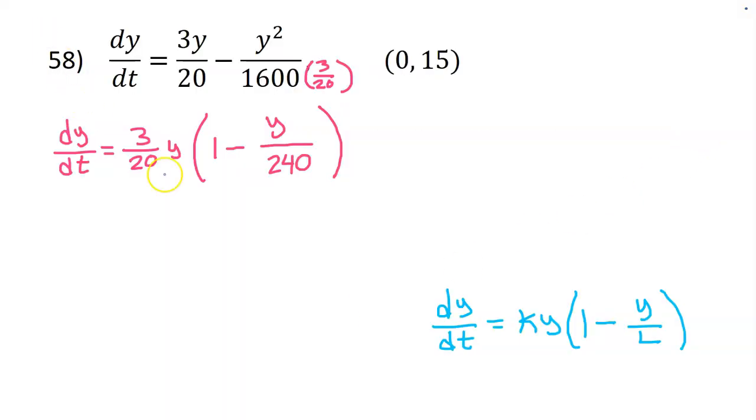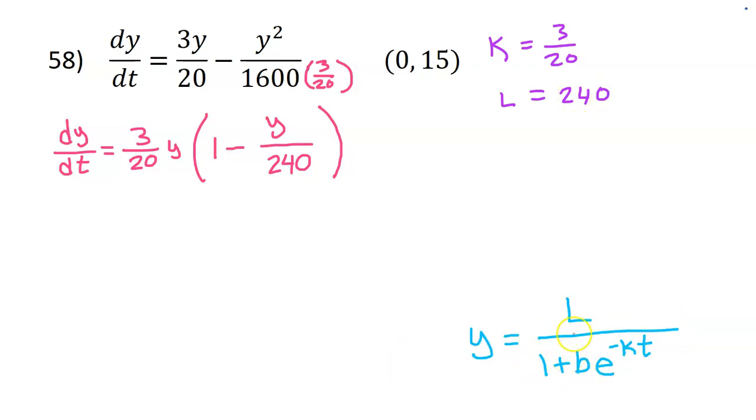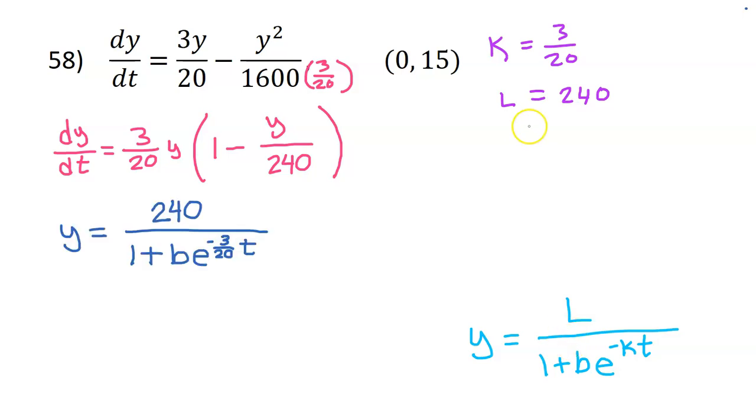240. Comparing to the model, we can see that k is 3 over 20 and L is 240. This is the memorized solution for a logistic differential equation. Substituting 3 over 20 for k and 240 for L gives us this. To finish off the solution, we just need to find the value of b. To find it, we can use the initial condition